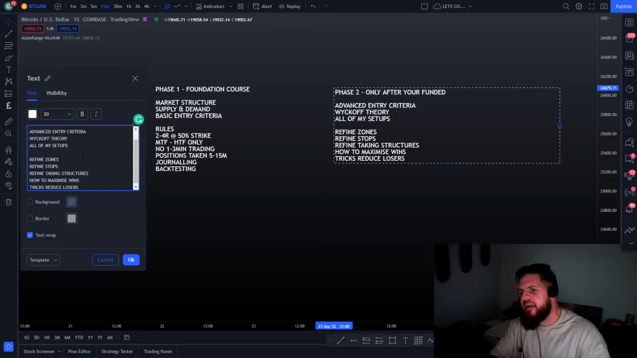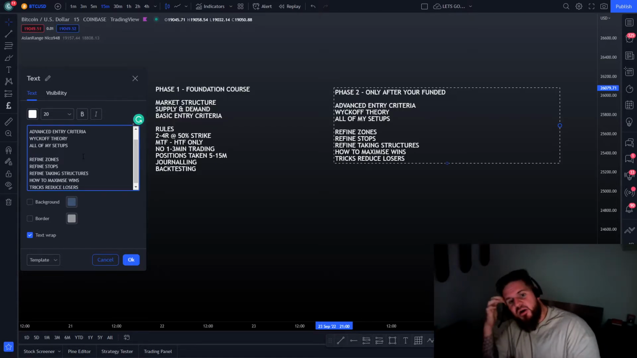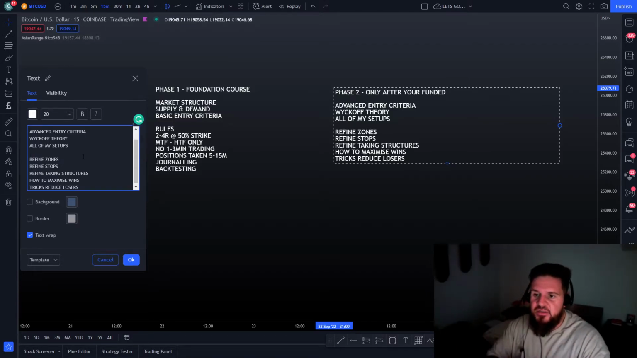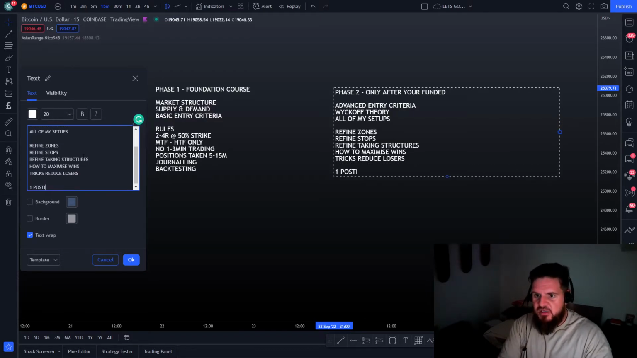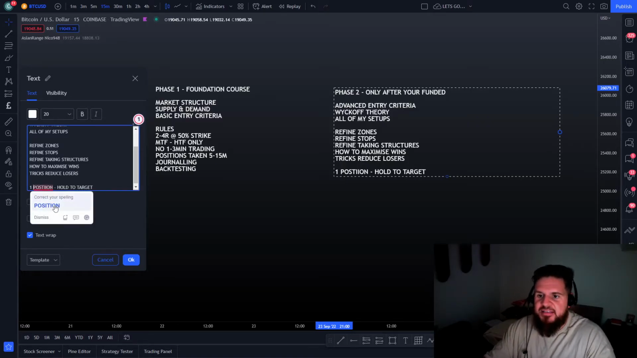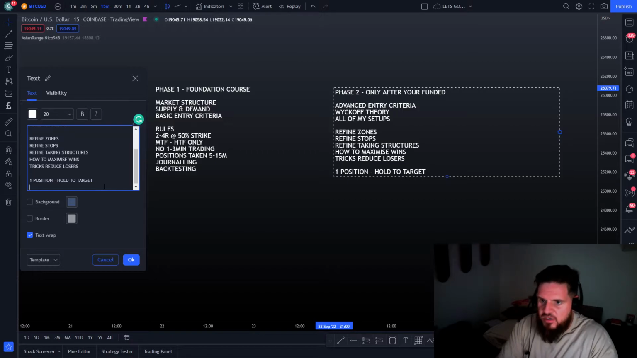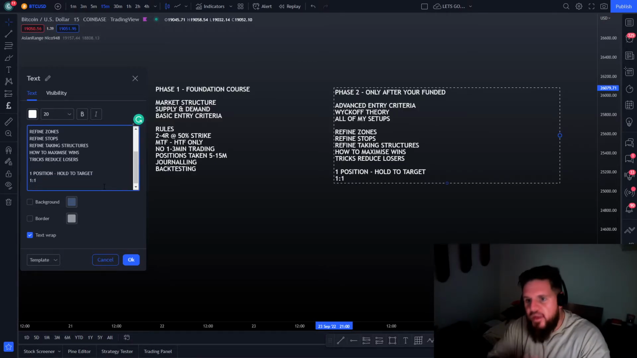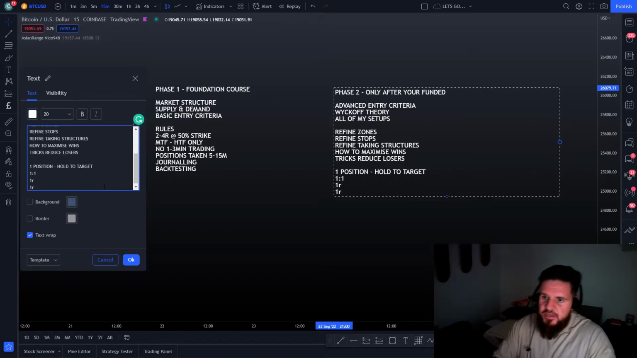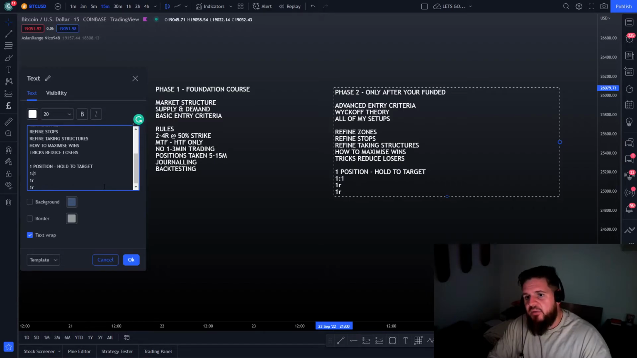To give you a bit of background on that, I've got really good lately on making sure my losses are tiny and my wins are massive. Whereas before I would take one position and I would hold to target, okay? So let's say it's a 1-to-1, just for easy, okay? If it wins, I win 1R. If it loses, I lose 1R, okay? What I'm doing now is